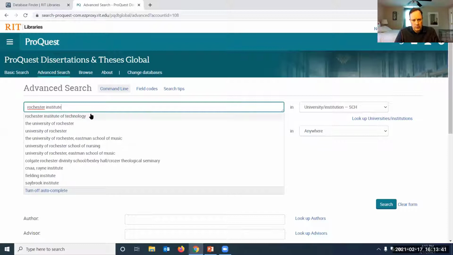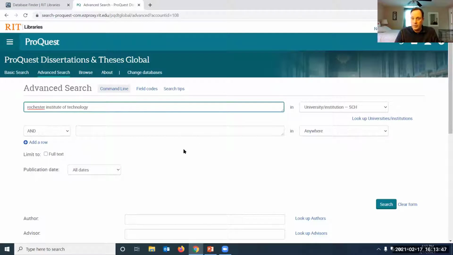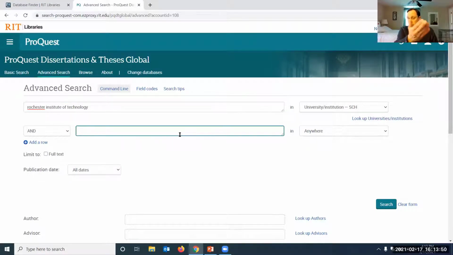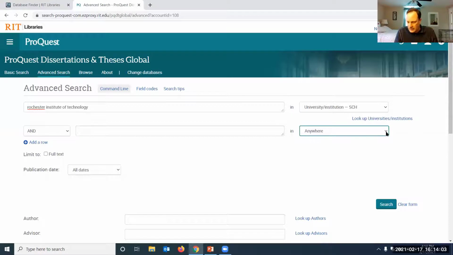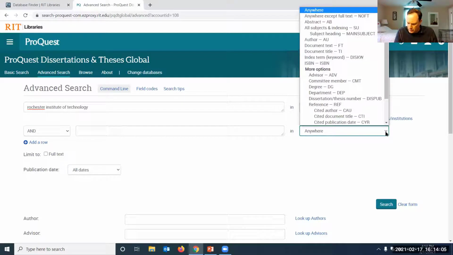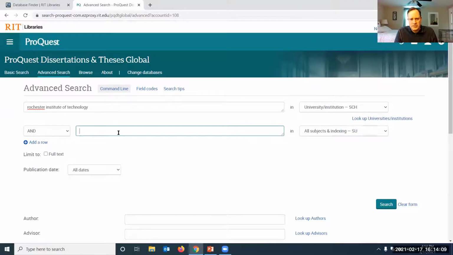So I started typing Rochester and I got University of Rochester, Eastman School of Music, and so, but Rochester Institute of Technology is the one that I'm interested in. But you can see just by that autocomplete that many other universities participate in this particular collection. And then here I can put in, again, a subject search perhaps. So in this case, it would be all subjects include the term